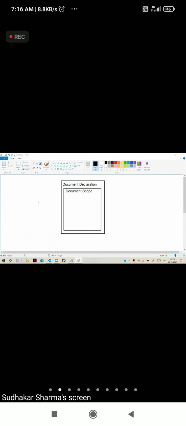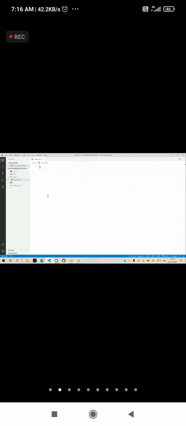So what is document declaration and what is document scope? We will see that. That means it will start with document declaration and document scope. The first line here. So the first line is document declaration. What is the purpose of document declaration?